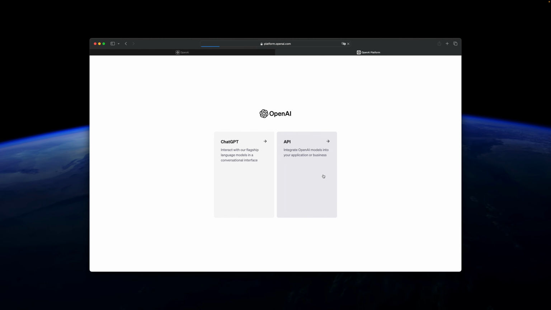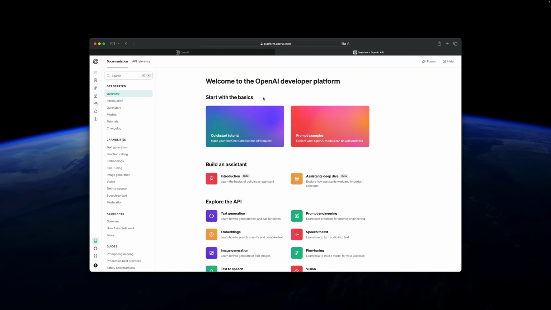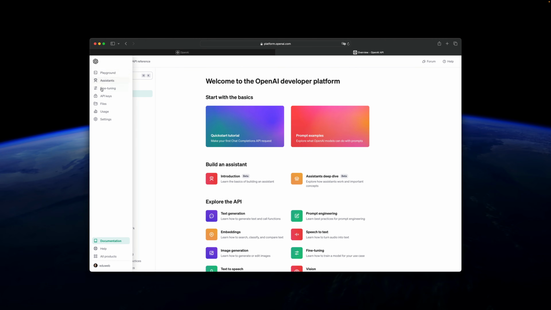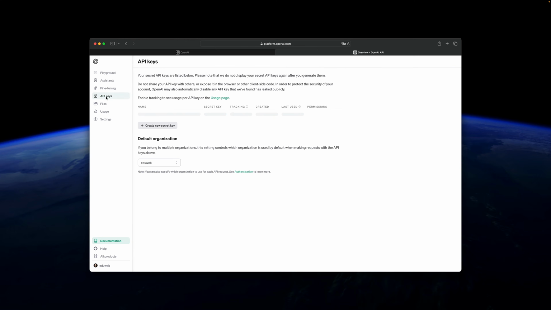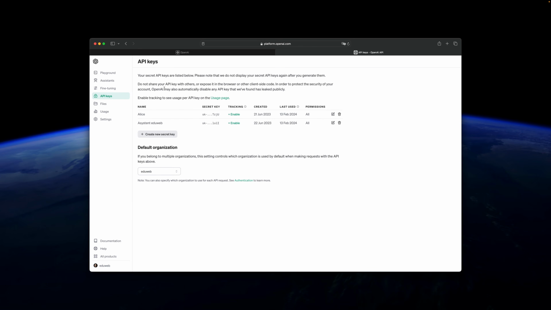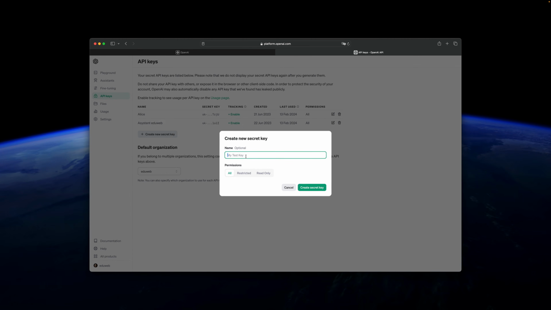If you go to API, there are a lot of things that you can explore in the API section, but what we really need the most right now is to go to the left-hand side, and from here you can select API keys. Here you generate the API key. I have a few keys. I'm going to generate the next key, just a test one for now. You give it a name, you give it all permissions. This is very important. So you set the permissions to all or you leave it as is,